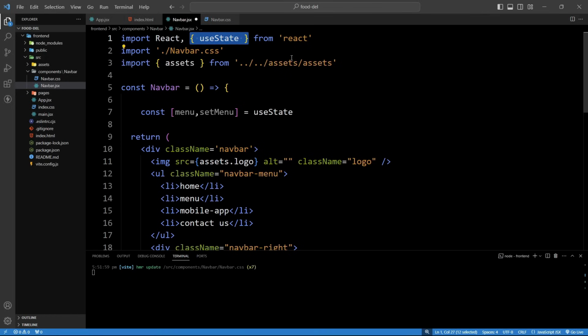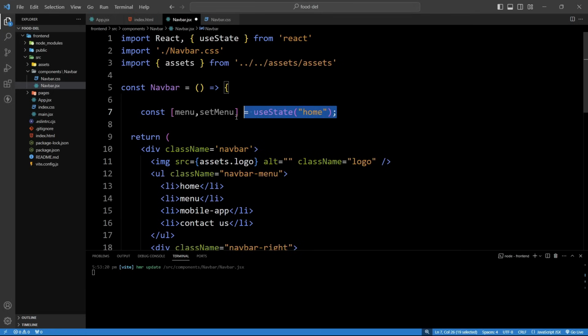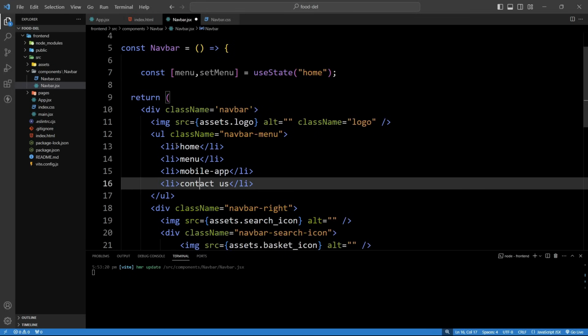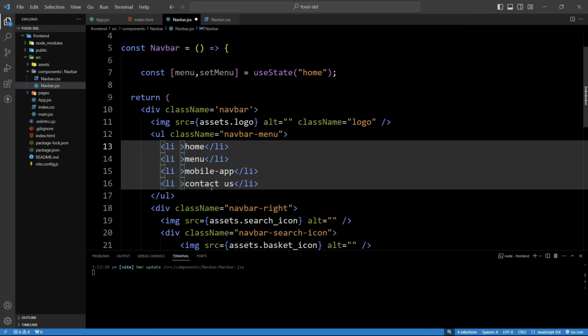After that we will initialize the state variable. So let's type home. So we have created one state variable and we have initialized it with home. Now on these li tags we will add the dynamic class name. So we will add the class name, curly braces, and here we will add menu,